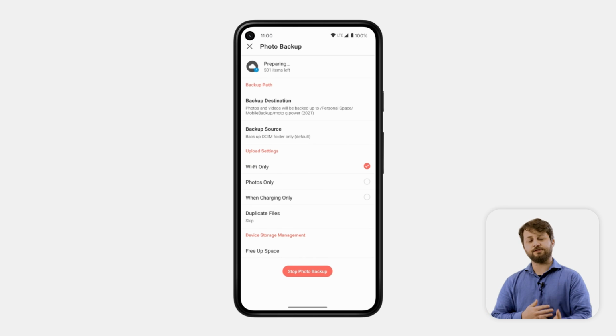Now, keep in mind, after you do these backup tasks, there's also options to clear your backed up data off of your phone, and that's really helpful if you have limited space on your device. It can clean up all of those photos that are already backed up and taken care of on the system. So definitely check out the Synology Photos accompanying app if you're going to be using all of the other powerful features that are in the Synology Photos application at large.